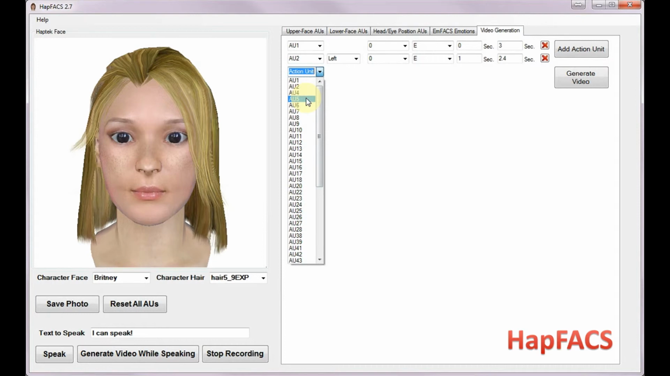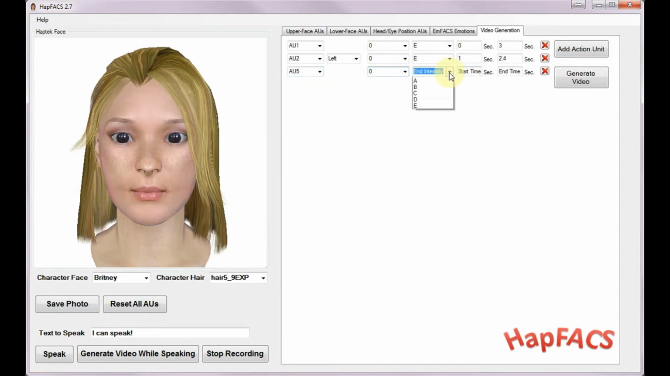Action unit 5 from intensity 0 to intensity D from time, let's say 0.5. So as you see here, 0.5 is less than 1, but it doesn't matter because the software will order all these in the order of time. You don't need to put them in order here as long as the timing is correct. So up to, let's say, second,